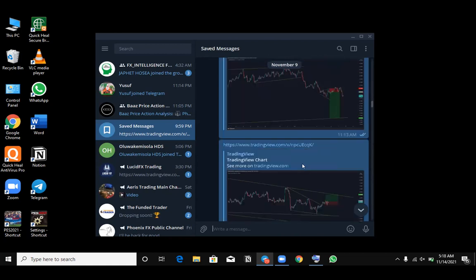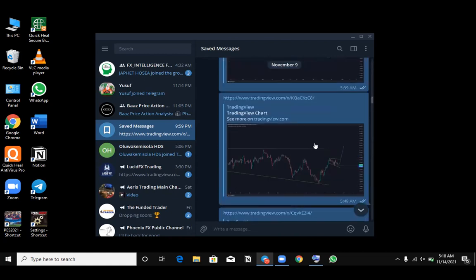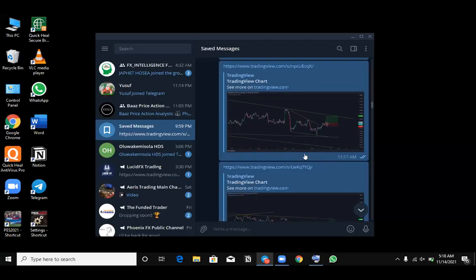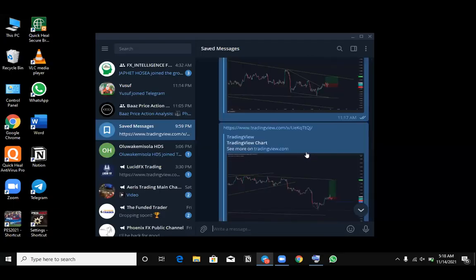I think I did screenshot it, but I'll use this image to explain it to you. I bought, and immediately after I bought, price started dropping to the downside, and that's how it took me out. But when I went back to the chart after I took that loss, I observed I wasn't paying attention to the nature of how it broke out.